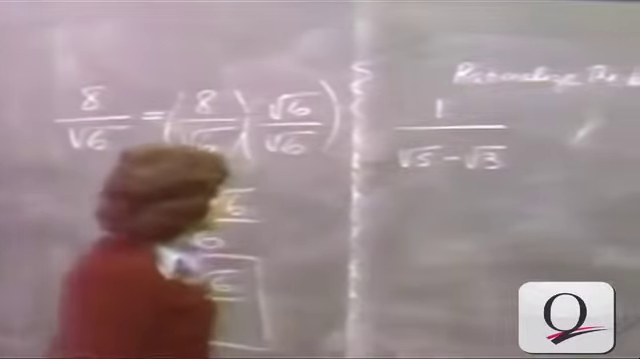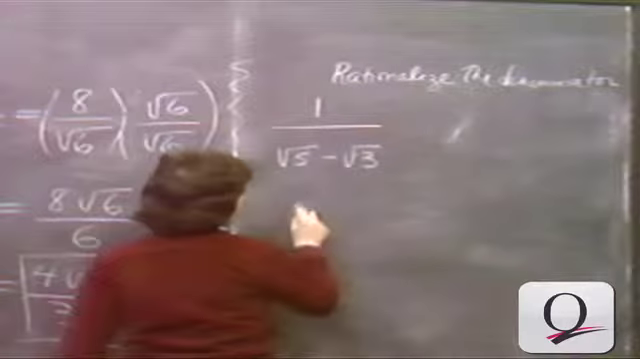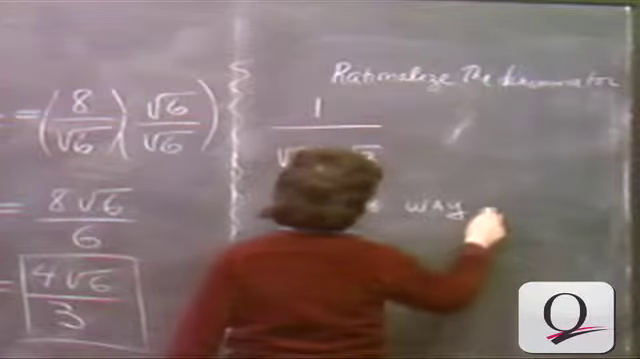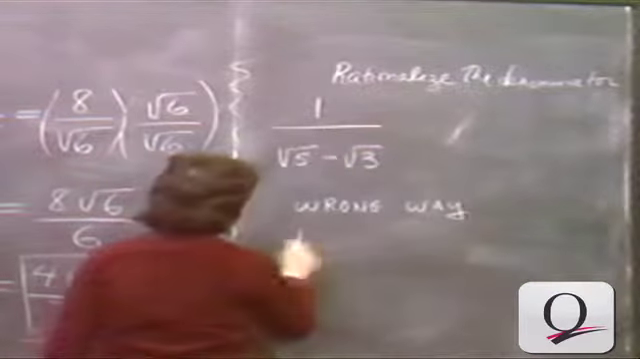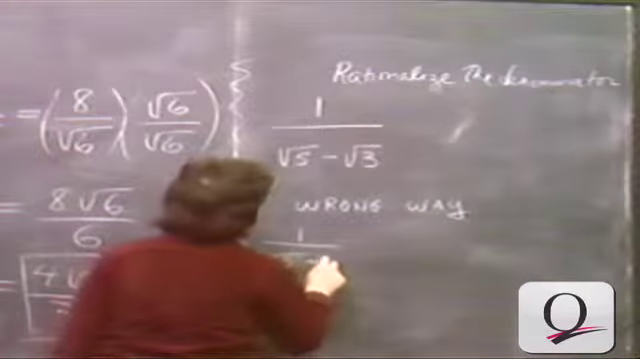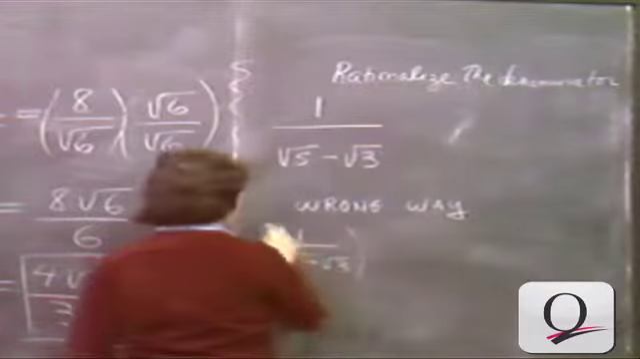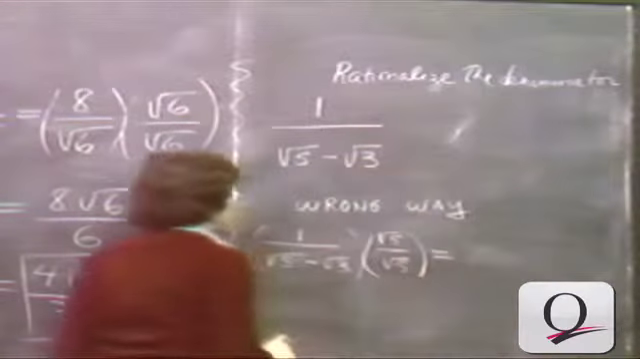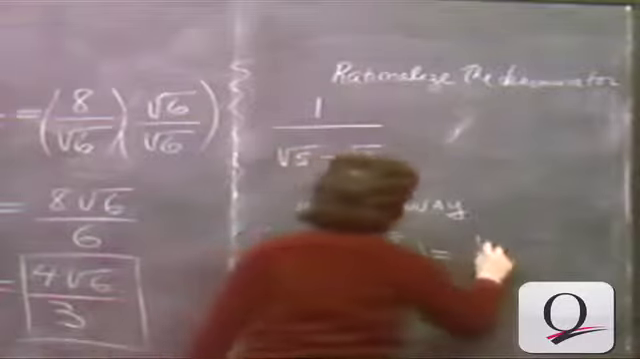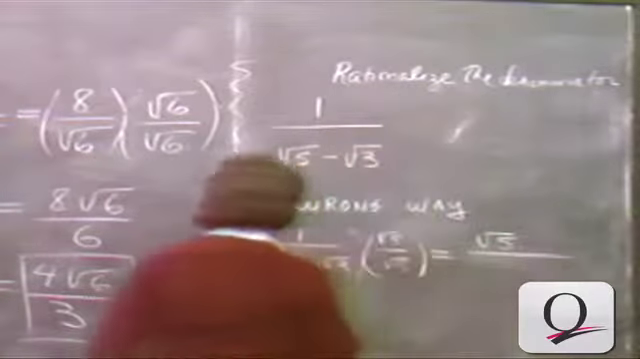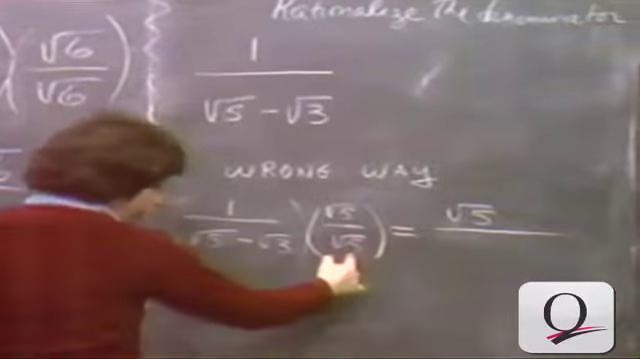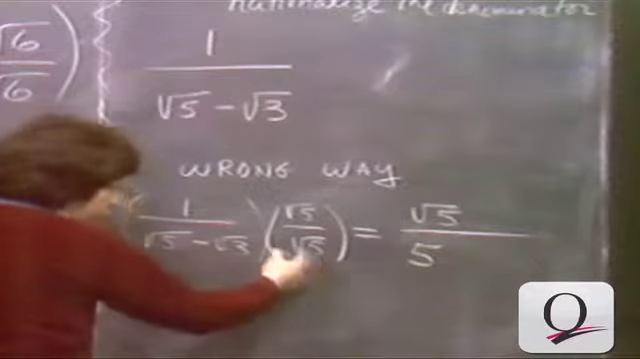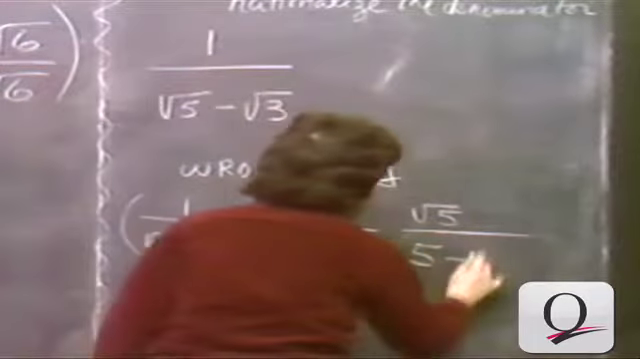If you tried, for example, these are wrong ways to do it. If you multiplied, say, top and bottom by the square root of 5, that wouldn't help, because that would give you on the top the square root of 5, and on the bottom, the square root of 5 times the square root of 5. When you distribute the square root of 5, the square root of 5 times the square root of 5 would give you 5, but then you also have to multiply the square root of 5 times the square root of 3, and that would give you here minus the